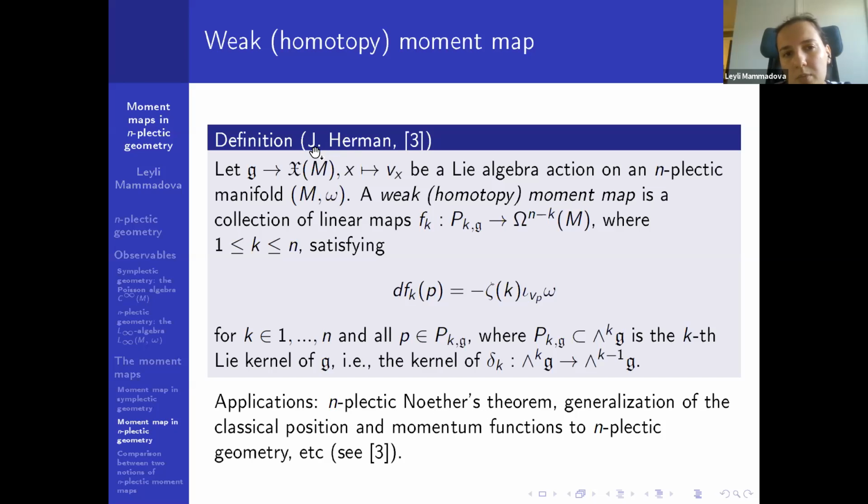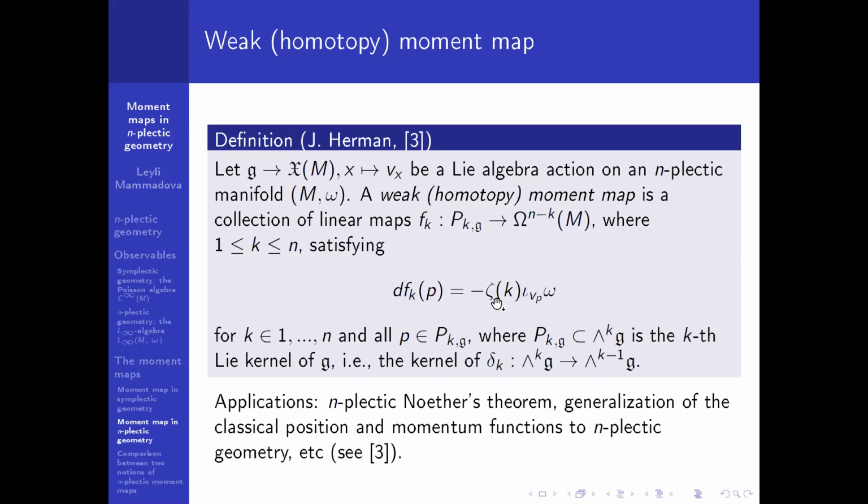They were introduced by Jonathan Herman, and his motivation in introducing them was also symplectic Noether's theorem. Probably his motivation was a bit more physicsy, but he's a mathematician, and the generalization of the classical position and momentum functions to symplectic geometry. So what about this Noether's theorem right here? The thing is, as I told you, the weak moment map is